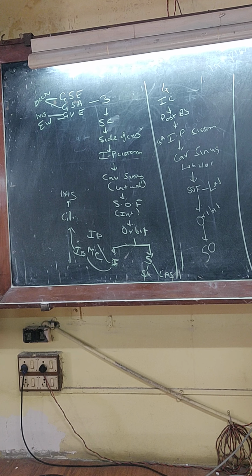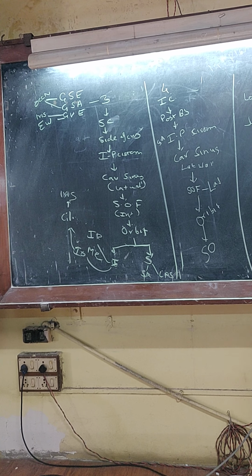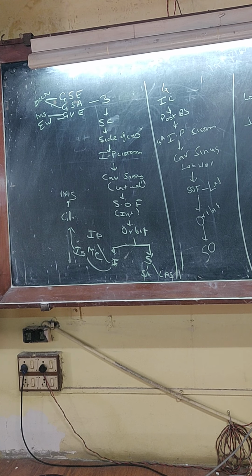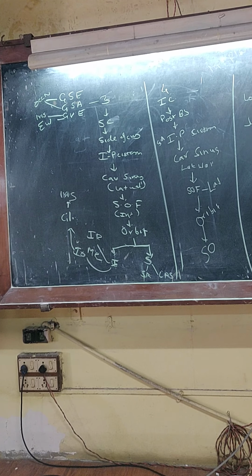Now the sixth nerve. Where was the nucleus? At the level of the lower pons, right? The abducent nucleus. Where did it come out? The junction of pons and medulla. From there, where did it go? The basilar system. Then where did it go? The superior orbital fissure. Which part? The intermediate part. From there, where did it go? The orbit. What did it supply in the orbit? The lateral rectus. That is all about the third, fourth and sixth cranial nerves.